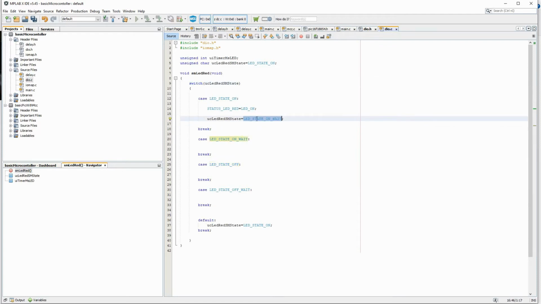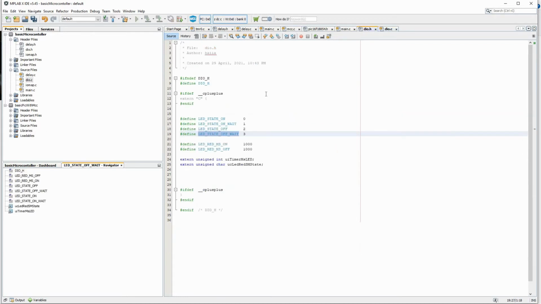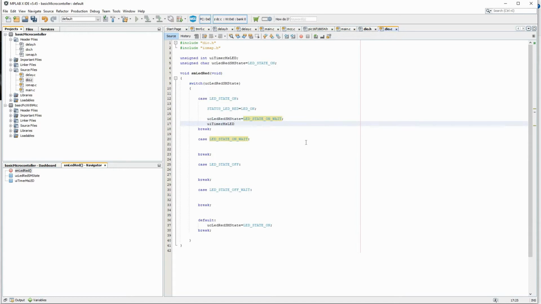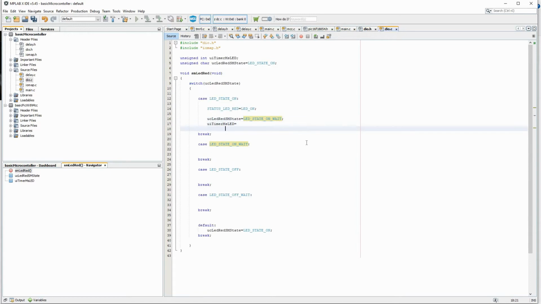So now before going to wait, I have declared a timer, I guess, here. This millisecond timer, I will put this to 0.